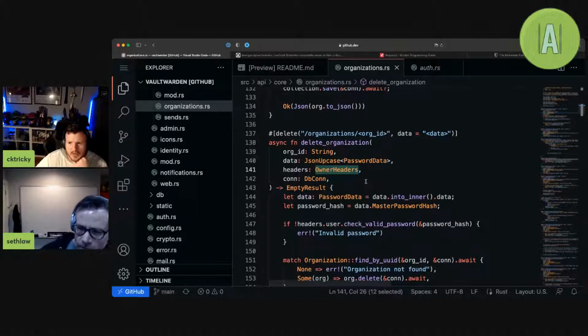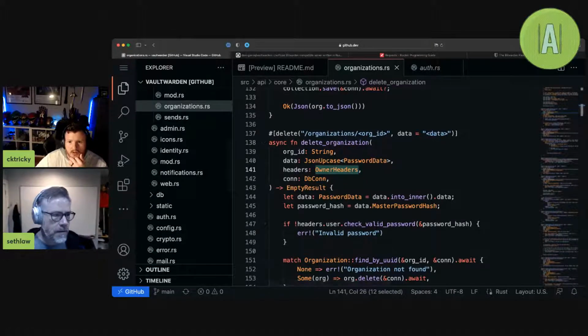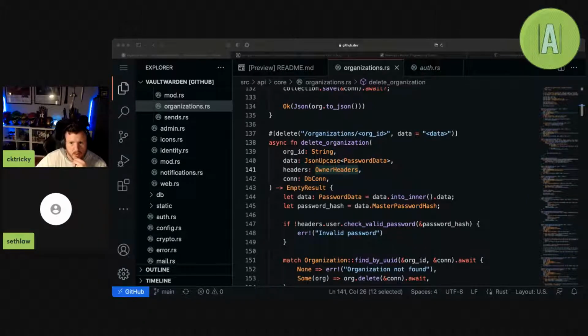Org headers from requests. So if they're able to extract org headers from the request, and if the headers' org user type equals user org type,